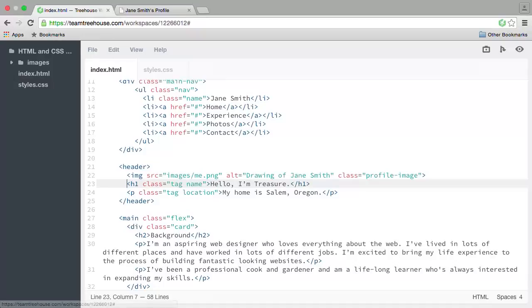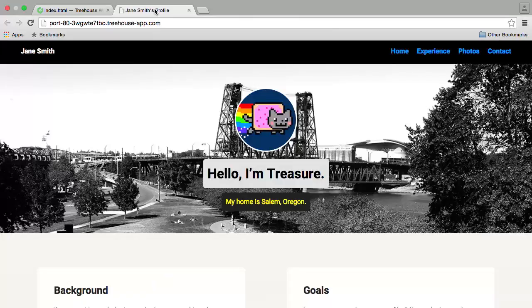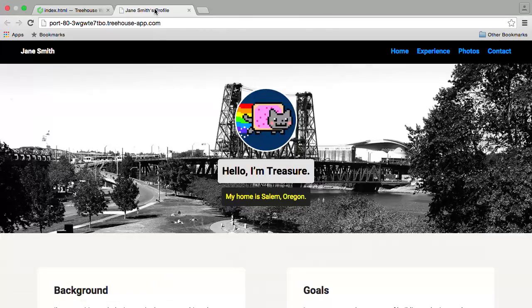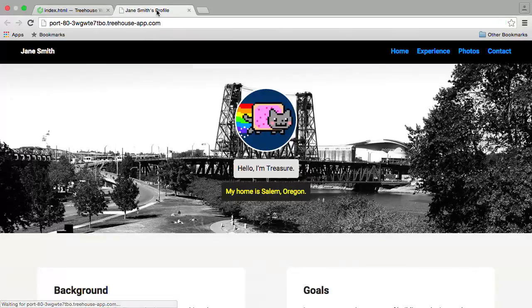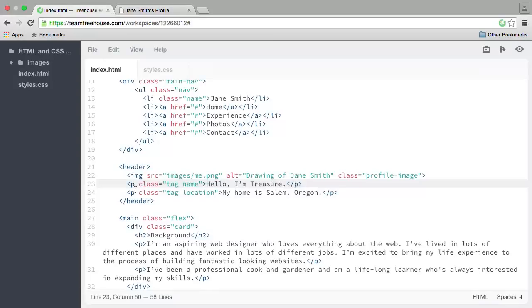To see what I mean, change this tag to an H2 and see what happens. As you can see, the text gets a little smaller than when it was wrapped in an H1 tag. Now let's change this to a paragraph tag. And you can see it gets even smaller still. Let's put the H1 tag back so that everything goes back to normal